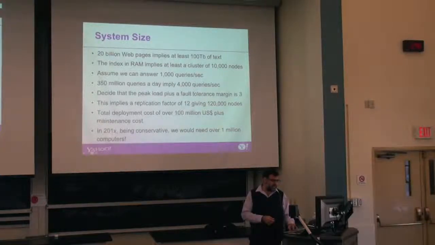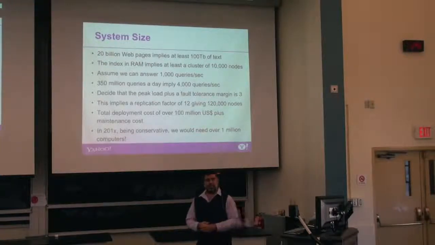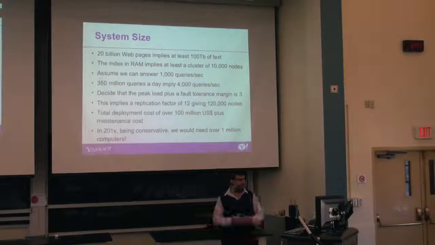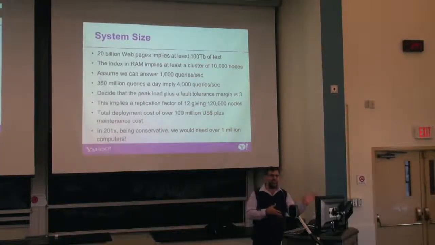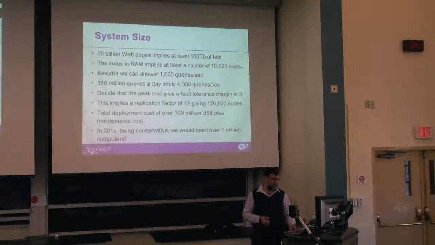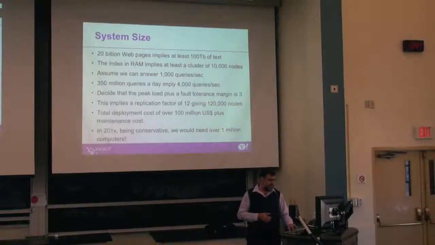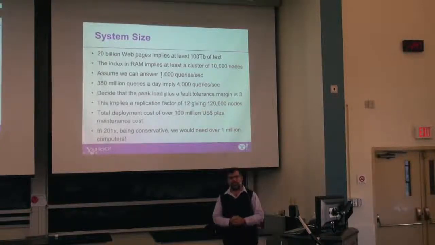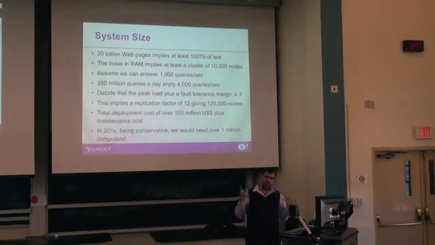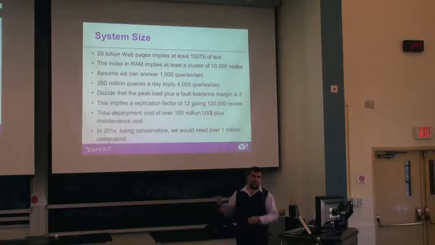So let's say that you want to be prepared for peaks on the load, and also you want to be safe, so have some fault tolerance because servers may go down. You may have some problem in the data center, and so on. So let's say we have a margin of 3. So we want to be able to answer 12,000 queries per second, and then that means that I need to replicate 12 times to get that, because basically we have 4 times 3 equals 12 clusters, each answering 1,000 queries per second. So in this case, with 12 big clusters, maybe in different places, so to have more fault tolerance, we're able to have this search engine.